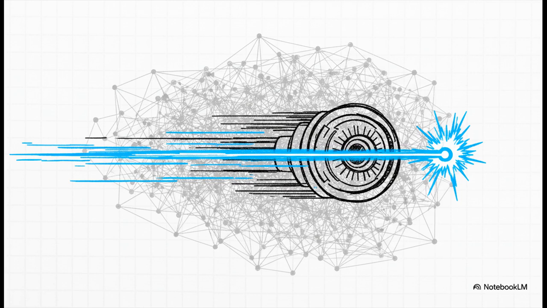I love this analogy. Think of it like a super smart GPS for all your data. Instead of driving down every single street to find an address, it takes these intelligent shortcuts to find the closest matches in just milliseconds. That incredible speed is what makes all this possible in real time.